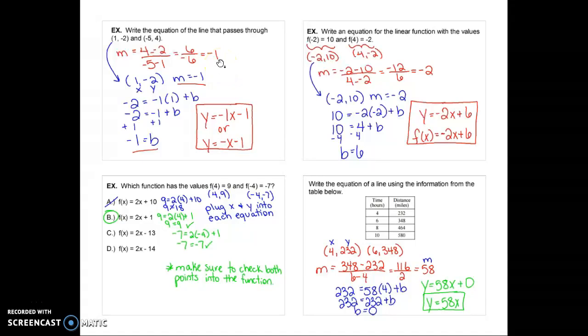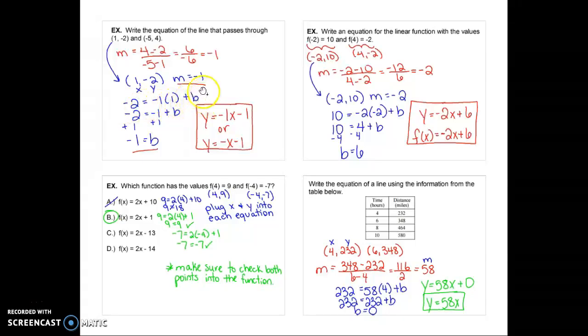So this is just like our original examples. You choose between these 2 points. You just pick one of them to use. It does not matter which one you choose. You will still get the same answer at the end. So we just chose 1, negative 2 as our point, and the slope is still negative 1 that we solved for. Now that you have a point and a slope, you can plug that into your equation